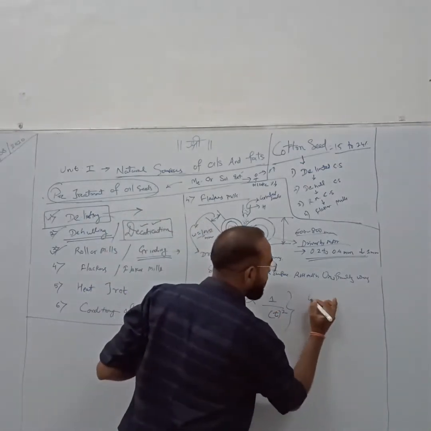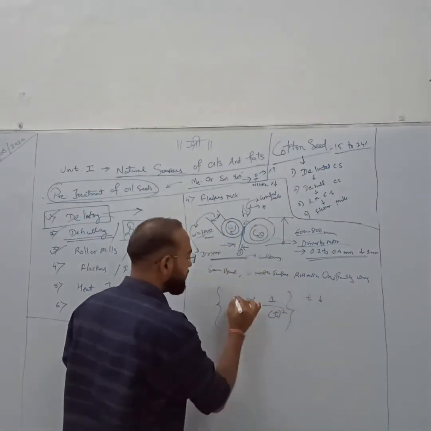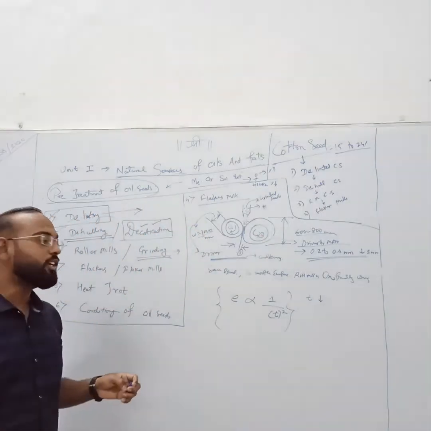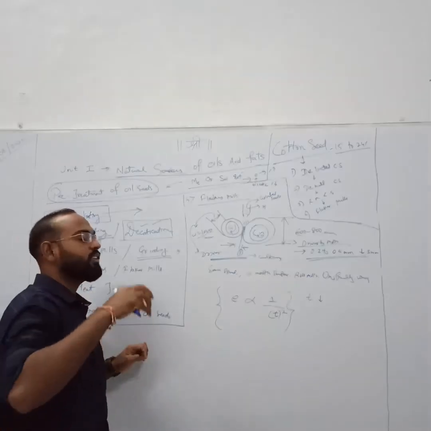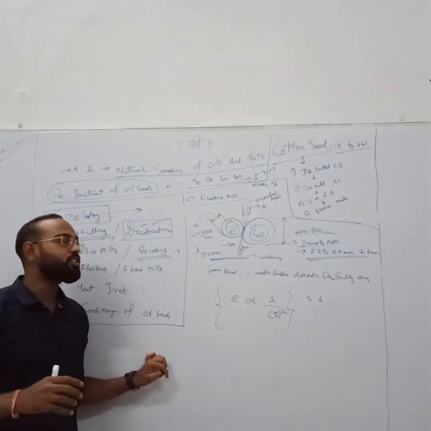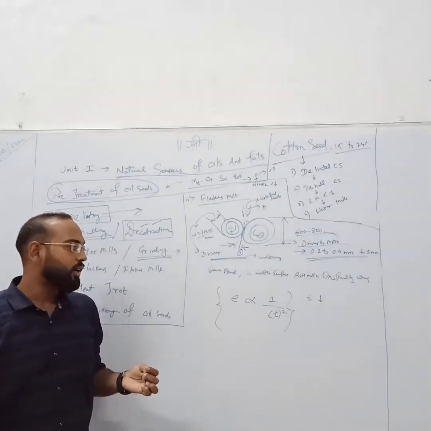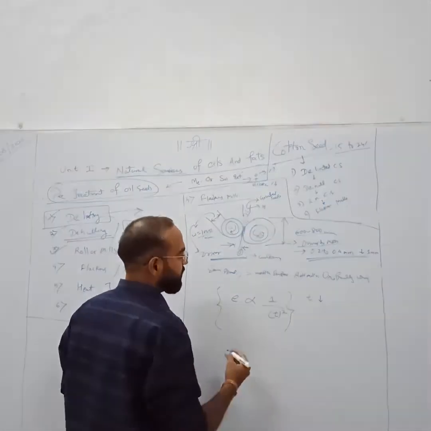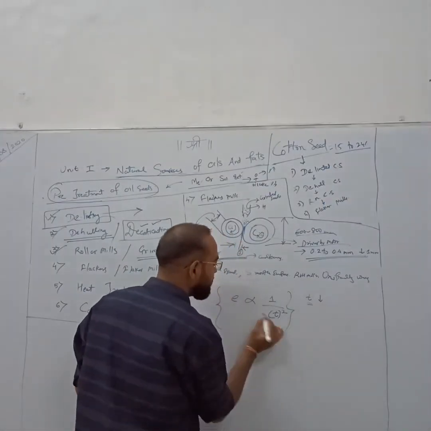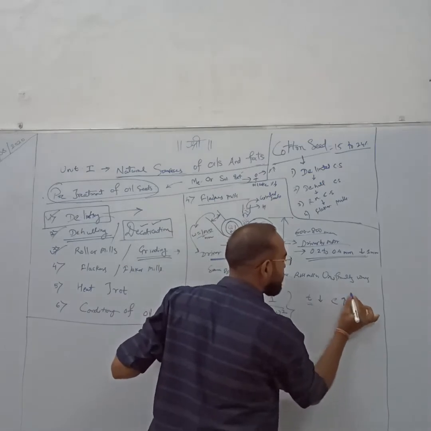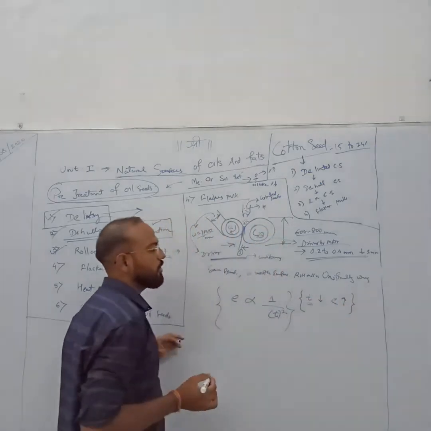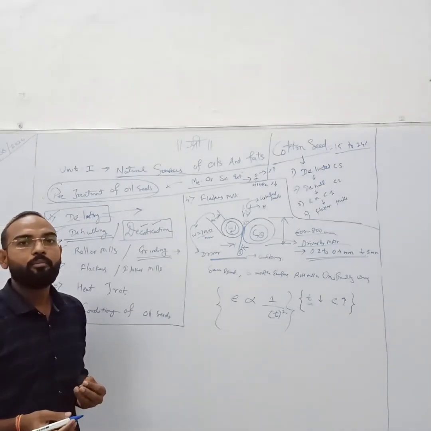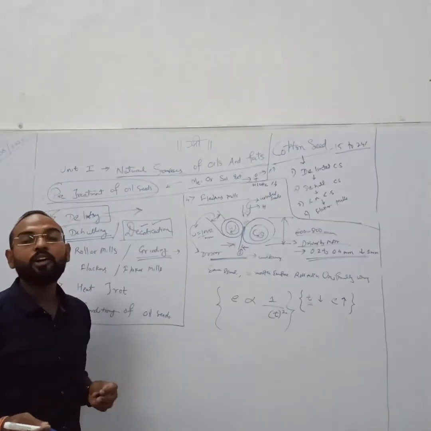If the thickness is lower, the rate of extraction, that is to extract the oil from solid seeds into the solvent, or to extract the oil from solid seeds directly by mechanical expression, will be easier. If thickness is less, then the rate of extraction is higher. So we can easily conclude that we need the minimum thickness of flakes, but it is applicable only up to a certain limit.